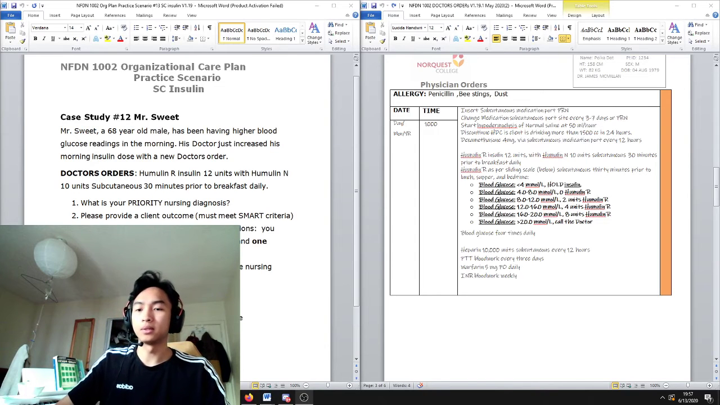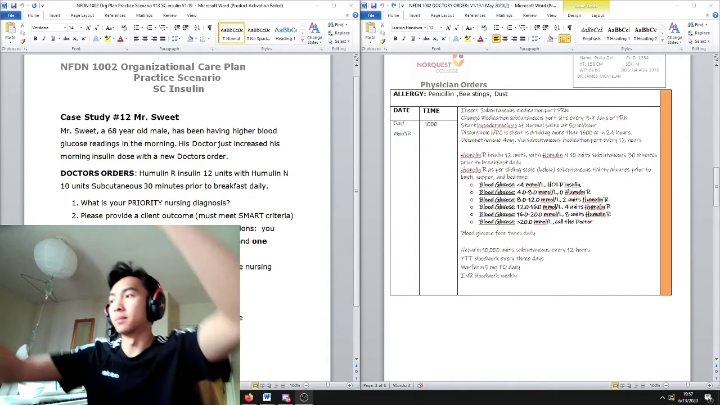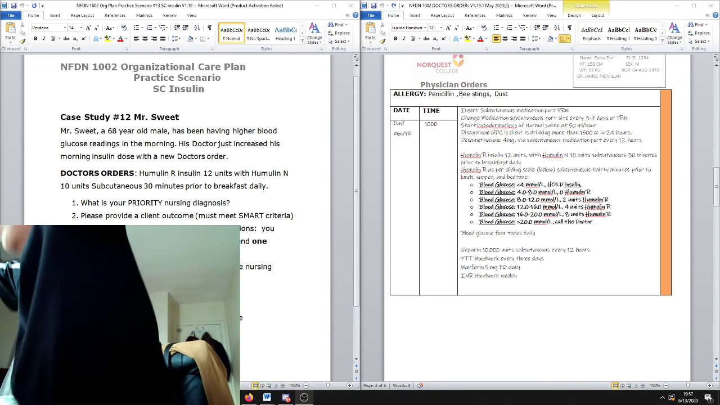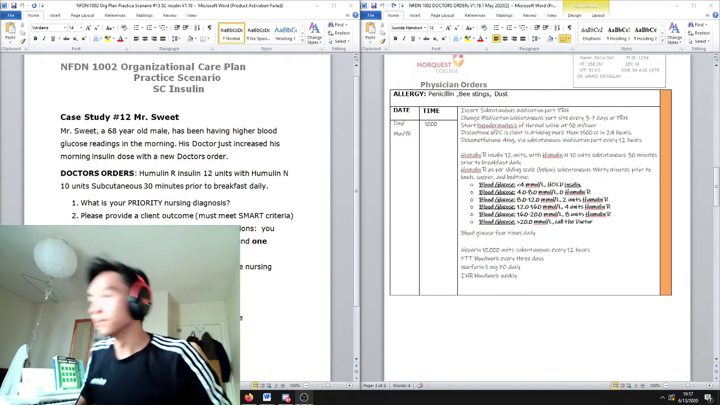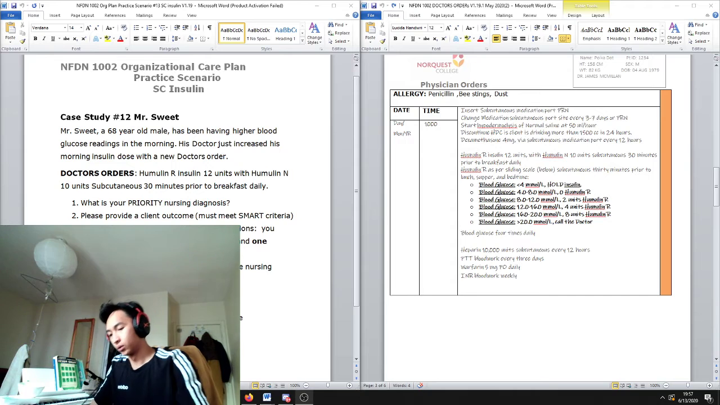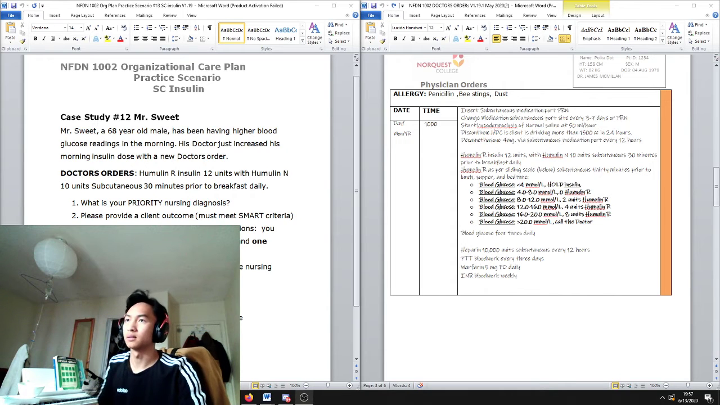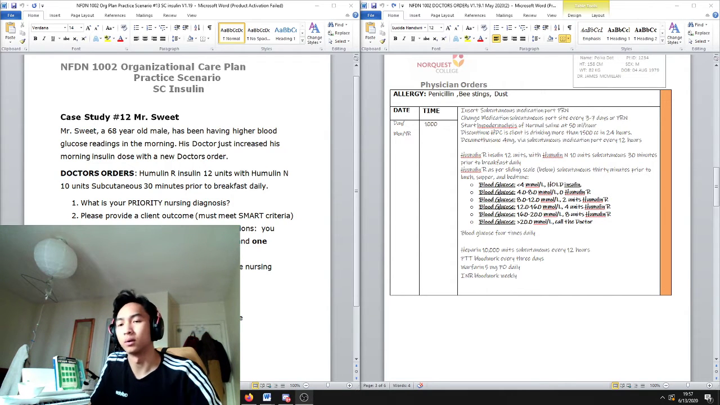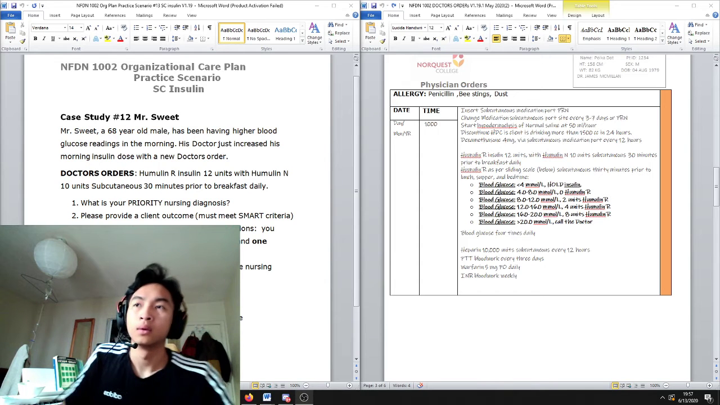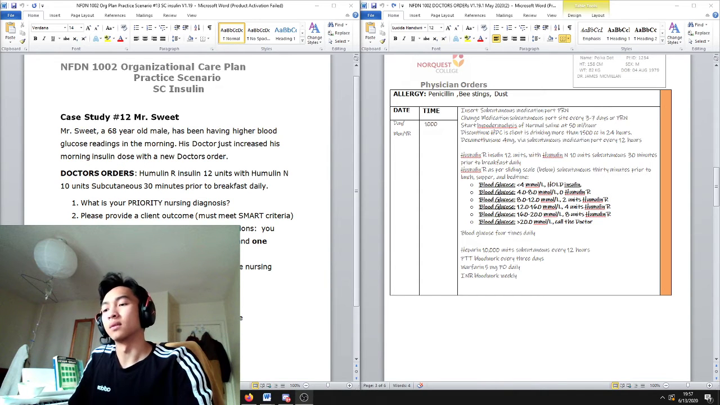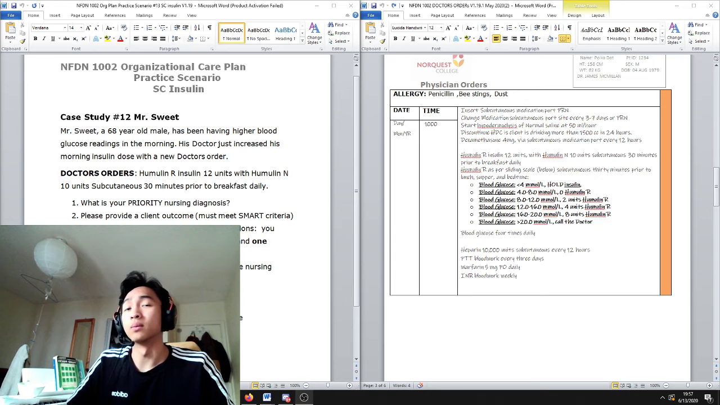Hi, my name is Lord Cabahug, and I'm going to be showing you how to properly administer insulin subcutaneously. After that, I'm going to be showing you how to assist a patient, how to perform a one-person transfer with a transfer belt. So the first thing you need to do is to perform hand hygiene